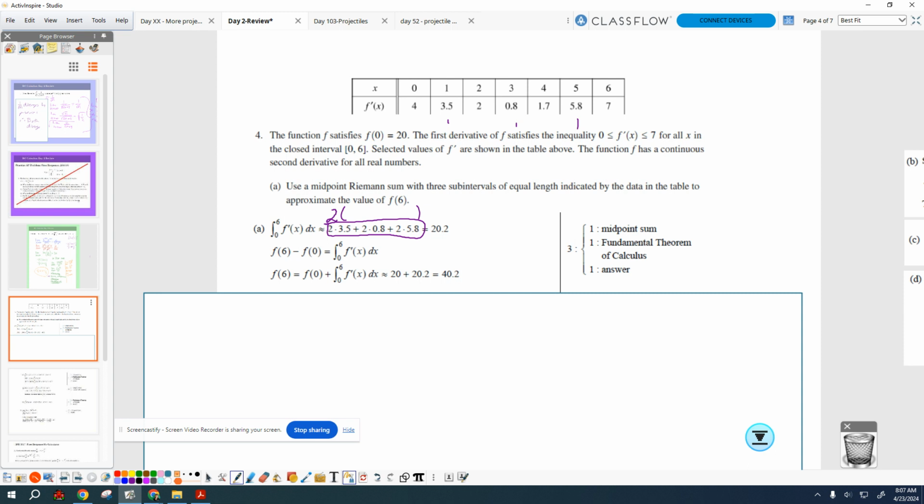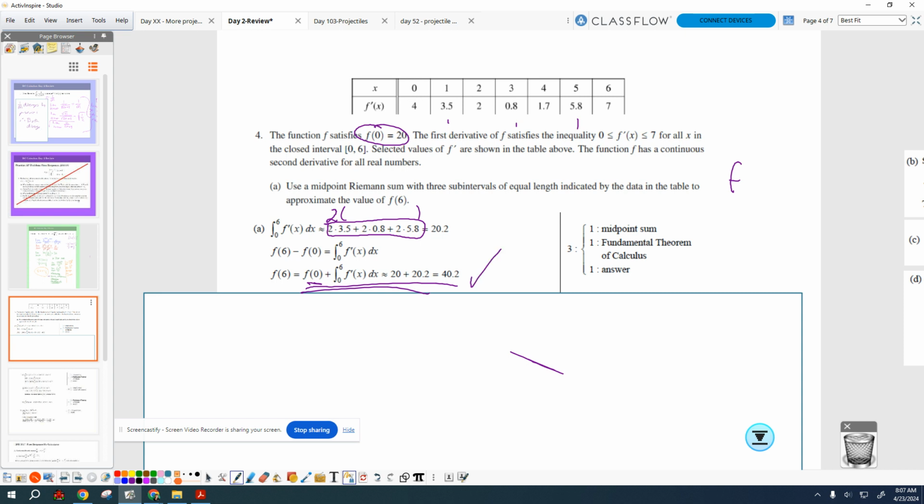Okay, so, but that's just the integral. It asked to find the value of f of 6. So f of 6 is f of 0 plus the change, well, as it says here, f of 0 plus how much you've changed from 0 to 6 to get f of 6. Yeah. Did we need to show that middle step to get the point? No,